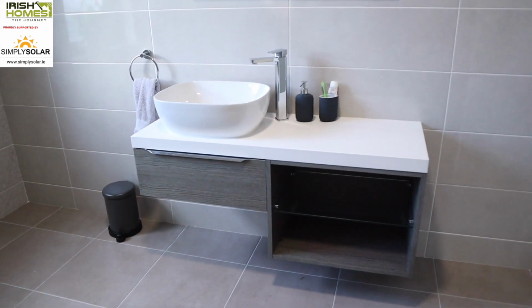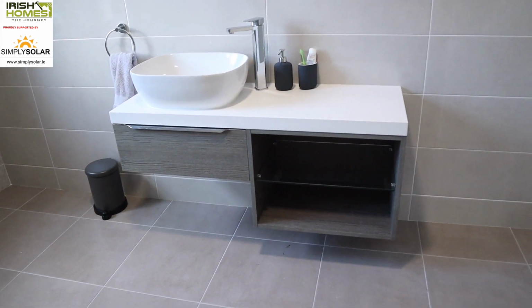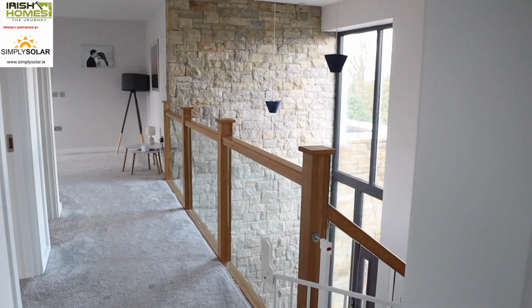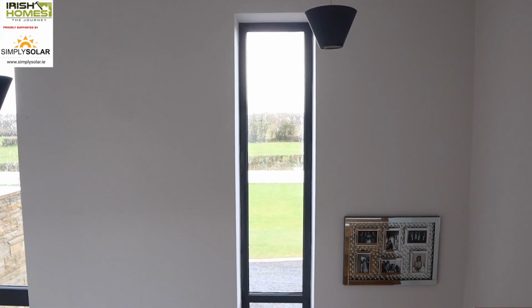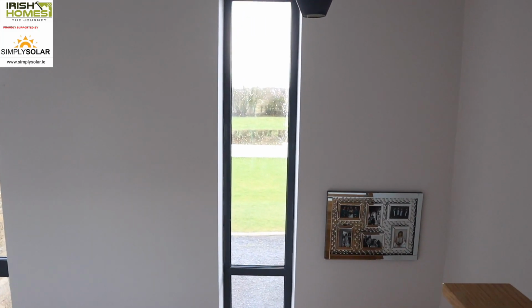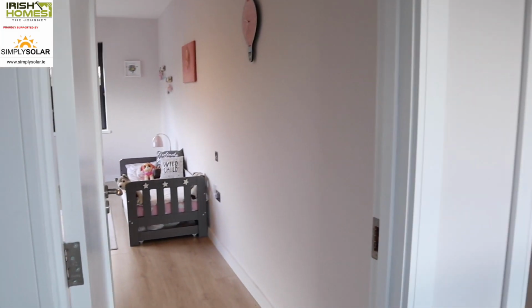Background here, you'll see a nice unit here and mirror. So as you walk out here, again, the full length front window gives you great visibility upstairs or downstairs. Then you have a half split, again giving you more a view over the mounted. So walking in here,